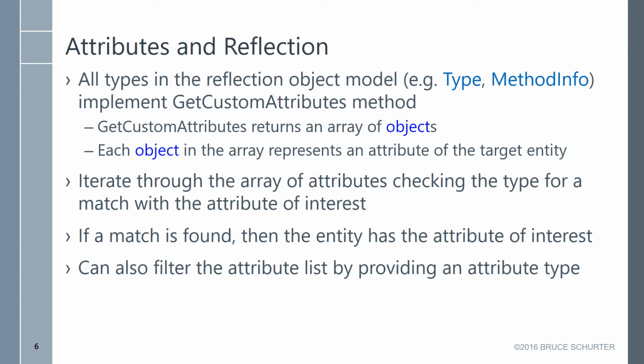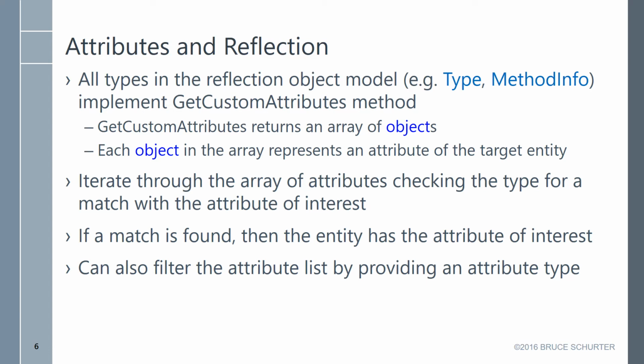All types in the reflection object model, like Type or MethodInfo, implement a GetCustomAttributes method. This GetCustomAttributes method returns an array of objects. Each object in the array represents an attribute of the target entity. So if I wanted to look for all of the attributes called something attribute that's applied to a given method, for instance, I would get a MethodInfo